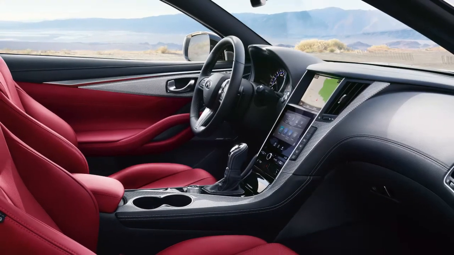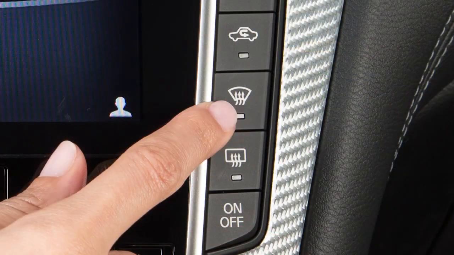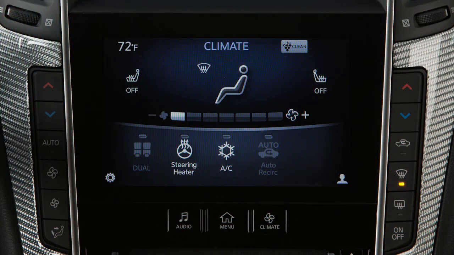To defrost or defog front and side windows, press this button. The indicator light on the AC key may also illuminate because the AC compressor is activated to help dry the air and improve window clearing performance. The air can still be fully warmed with the AC activated. For windshield de-icing, set the temperature to maximum heat with the fan set to high.